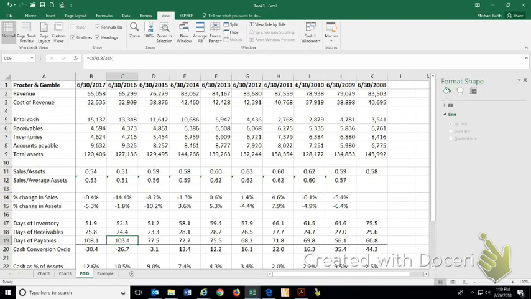I want to continue a little bit of the discussion on using either average assets or end of year assets in the calculation of ratios, and also demonstrate some of the other numbers using real numbers from Procter and Gamble. This is 10 years of financial statement data from the Procter and Gamble balance sheet and income statement. Their fiscal year ends on June 30th, and so these are the statement data as of end of year